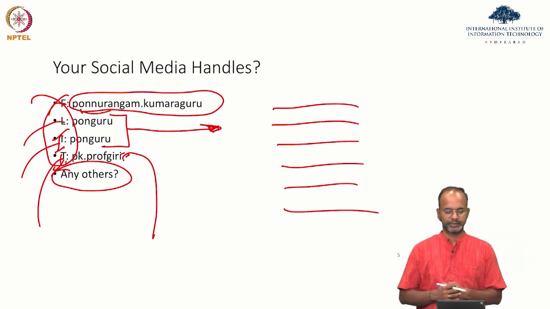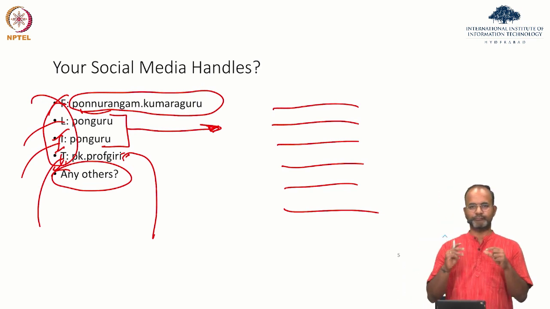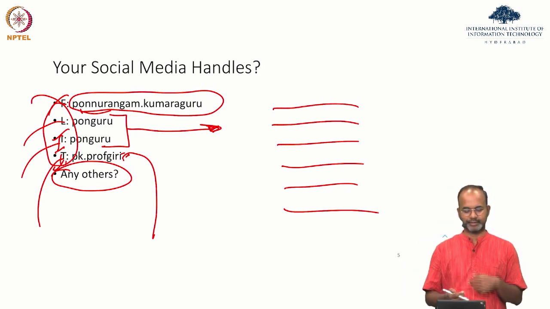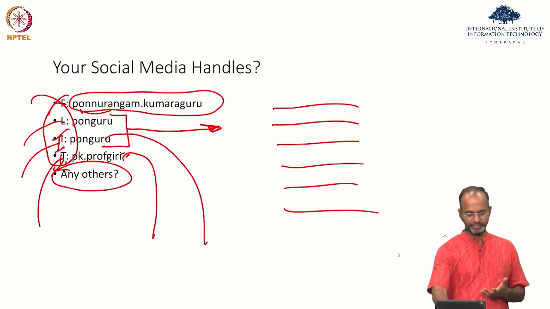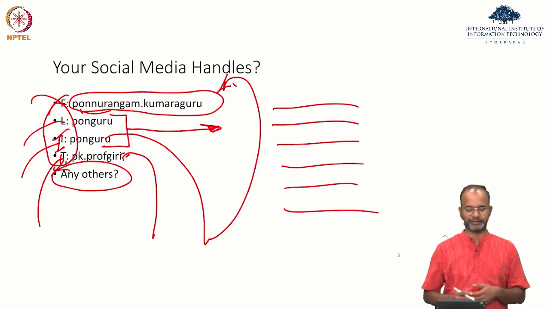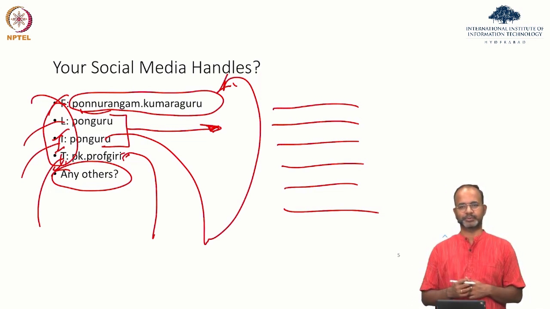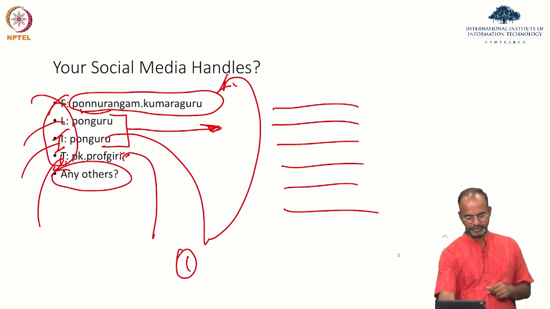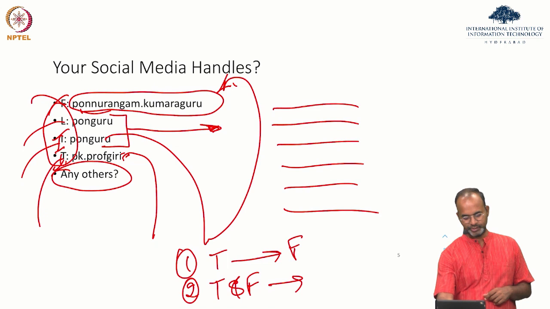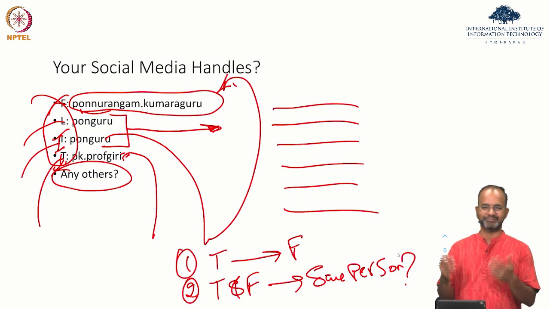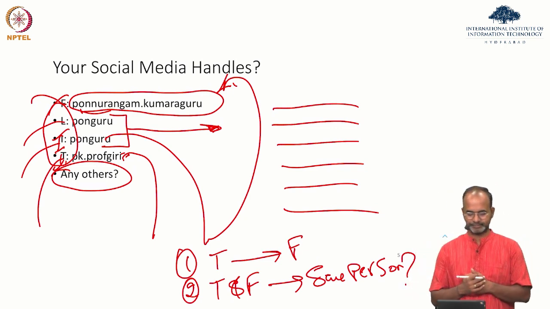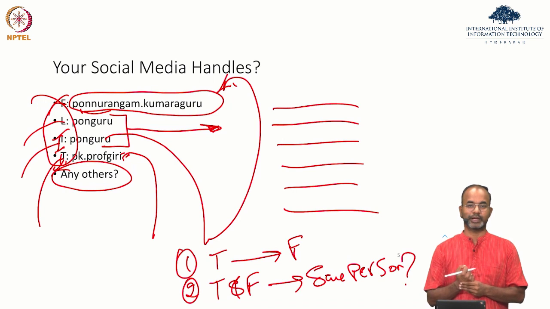Right. So now, if you want to go from one social network to another social network with this handle, for example, if I give you my Twitter handle, can you go from my Twitter handle to my Facebook handle? Can you find my Facebook handle with my Twitter handle? That's the first set of problem, which is, given Twitter, can you go to Facebook? Second problem is, given my Twitter and Facebook handle, can you find it is the same person? Same handle, same user, all that. These are the two problems.